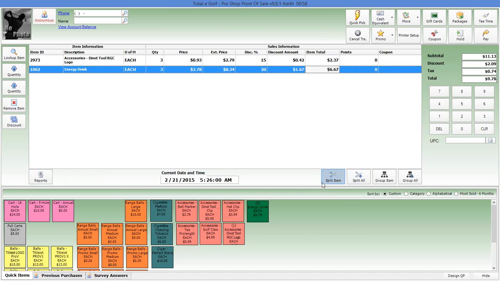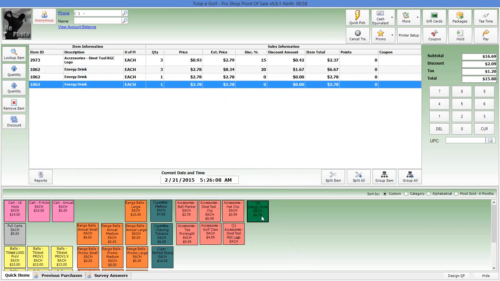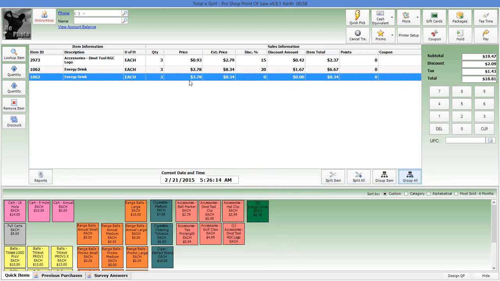Moving across, these are how you split items or group items together. So if I had a bunch of the same item in here lined up, I could hit group all and you'll see it grabbed all those 3 items and just grouped them together. So these are just splitting up items and grouping items that are similar. Over here we have our subtotal, how much we've discounted, tax, and then a final total here. And then on the bottom we have a current date and time, and then another very important area, which is